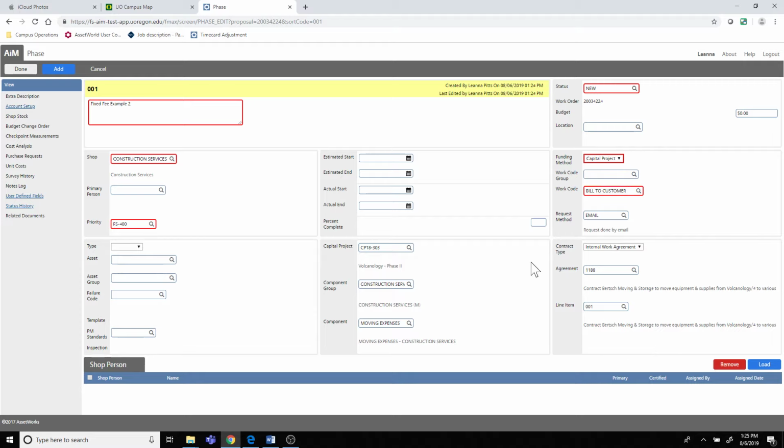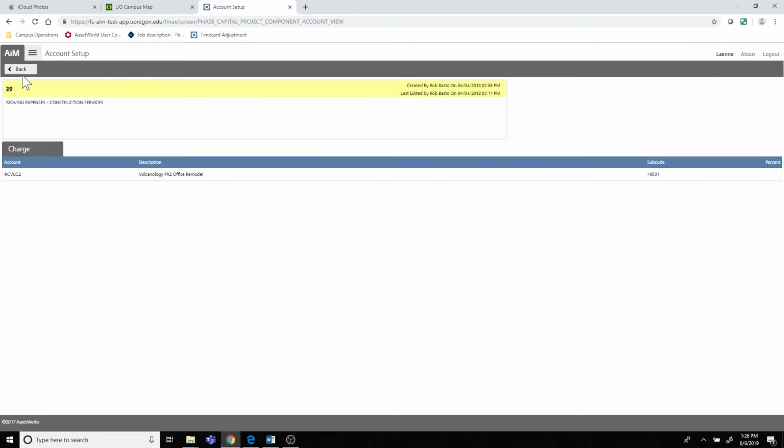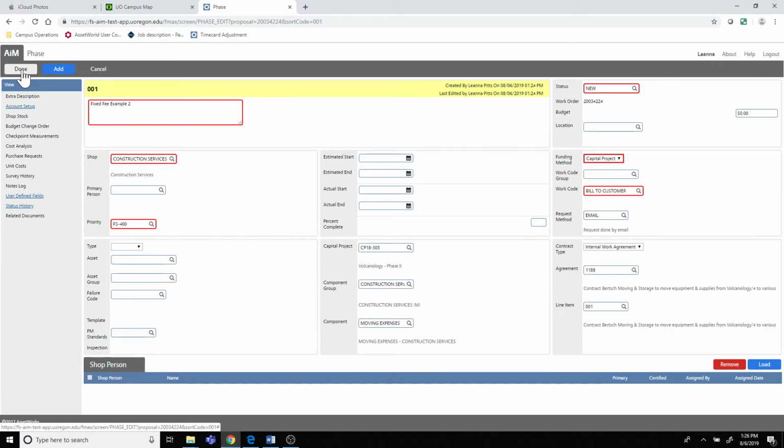This is one though, when you're billing to an IWA, you're going to want to have some pre-conversations with the project managers, because there's some grant funds and things that they need time and materials on. So you might actually have to show the reporting on the other work order. So let's, we don't have to do an account setup because it pulled in the project. So we're all done,